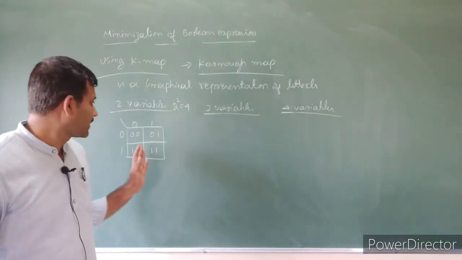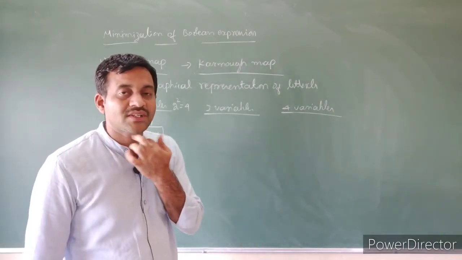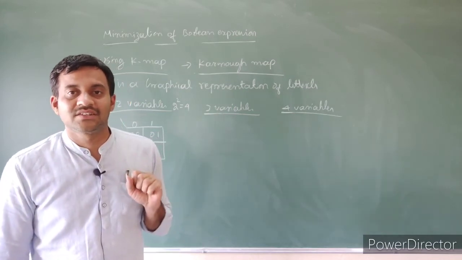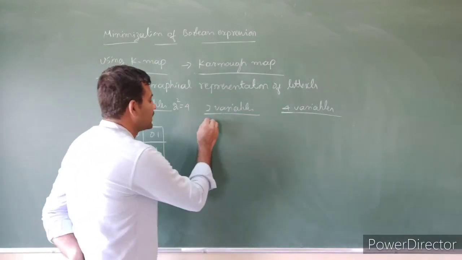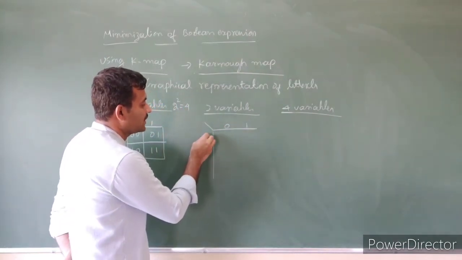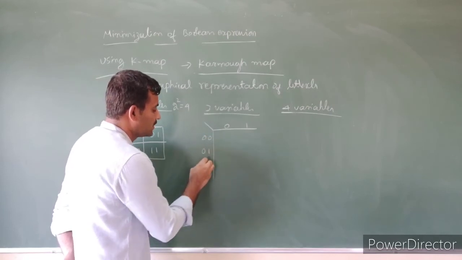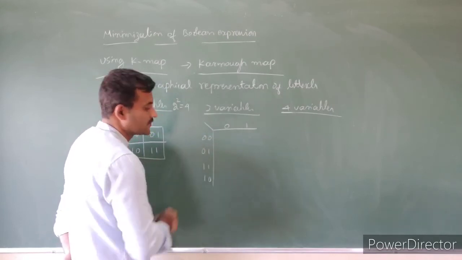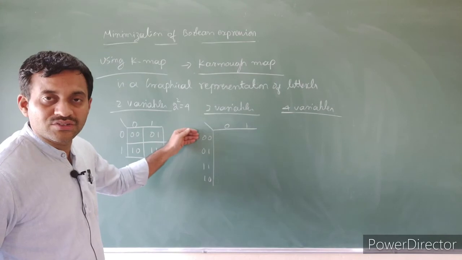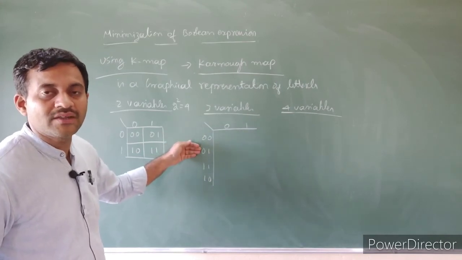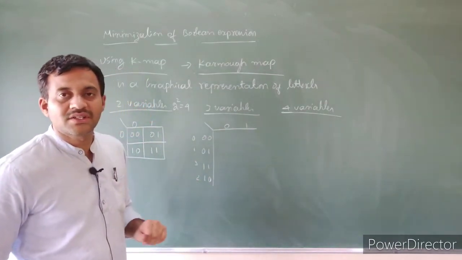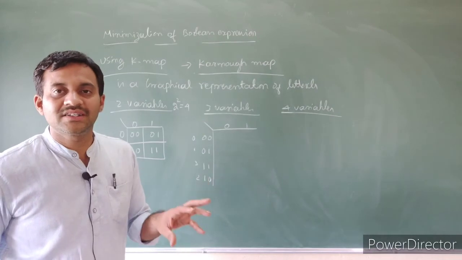Let's see how to write a K-map for 3 variables. If it is 3 variables, then the graphical representation has 8 cells. How to write it? In the top we write 0, 1. In the left side 00, 01, then 11, 10. These are the binary numbers of 0, 1, 3, 2. Here not 0, 1, 2, 3, but 0, 1, 3, 2. Why is it so? Because the K-map follows the cell adjacency rule.